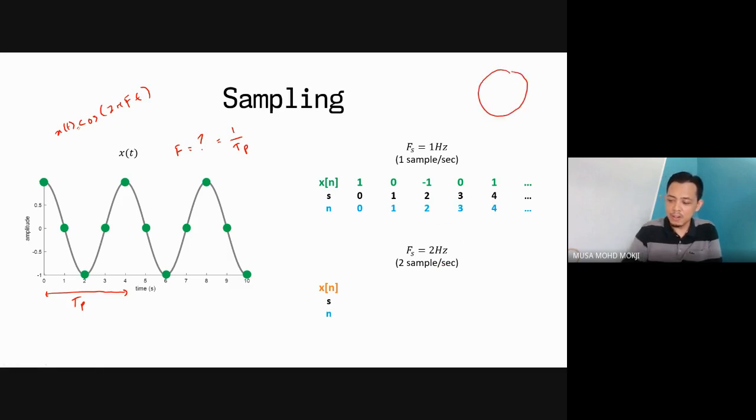I think you guys still know what is the audio CD. So there's a circle at the middle. When we do this, our first sample is at time 0, still the same thing, because we are starting at the same point. But the next sample, you will take at 0.5